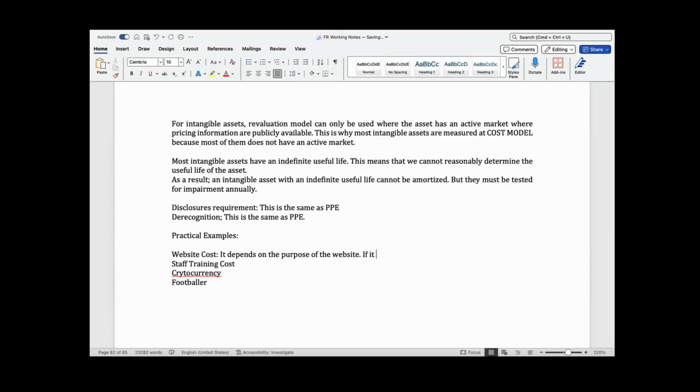So if it is developed to show the company's core mission and vision, and also to list the owners of the company, which is what most websites do, it's not really doing much. However,